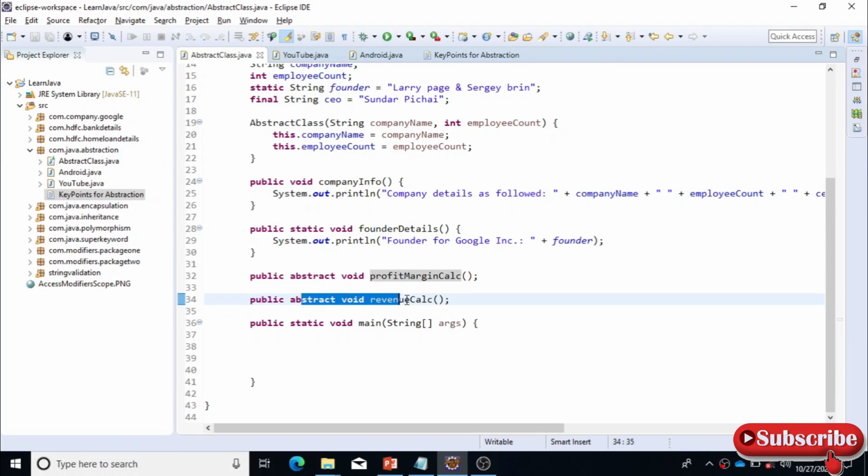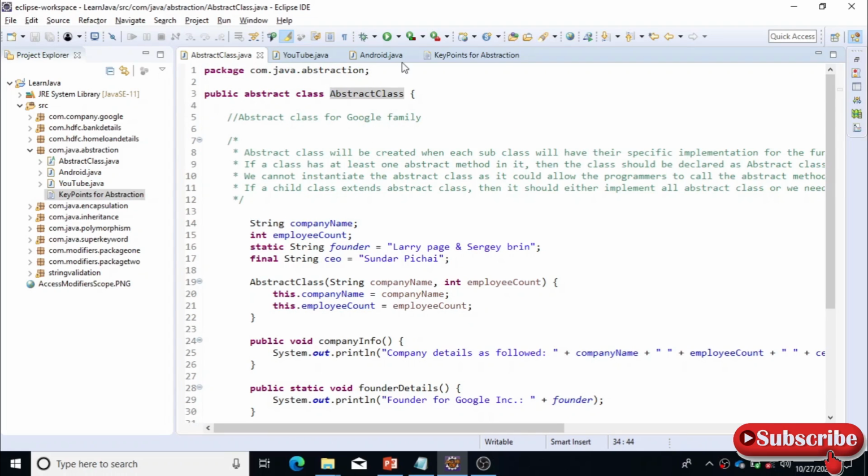Since you don't have any implementation, you cannot instantiate an abstract class. You cannot create objects for this abstract class, and the remaining things we will see after